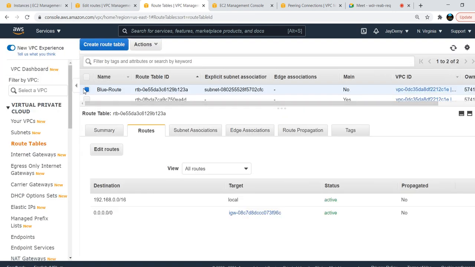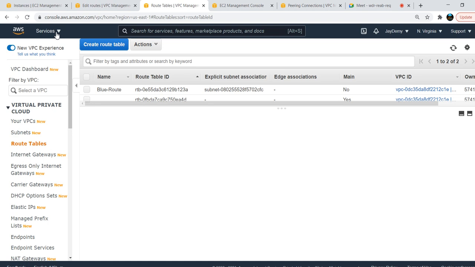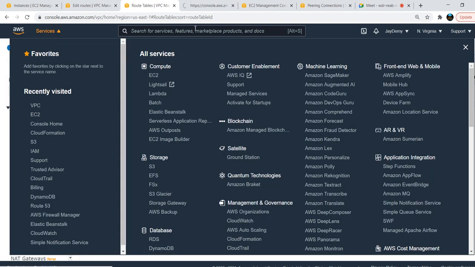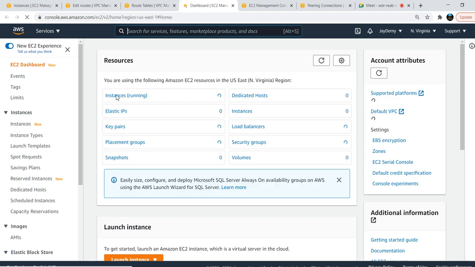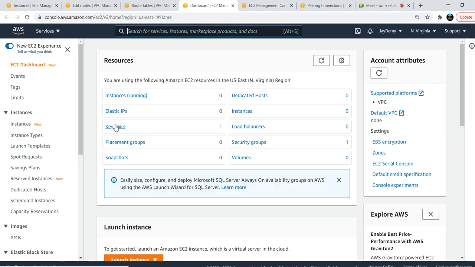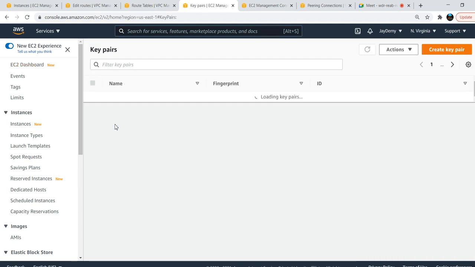Close. And what we will do now is create one virtual machine here. I'll create one EC2 virtual machine in North Virginia, and I need to test the communication between North Virginia and Ireland. Okay, North Virginia EC2 dashboard. Key pairs, I already have one key pair. Key pairs are specific to a region. This key pair I used in the EU Ireland one. I just imported it from there to here. How to import a key pair from one region to another region, I will show you that also.